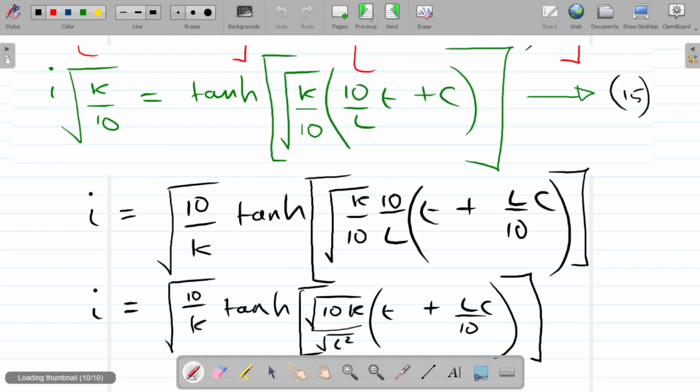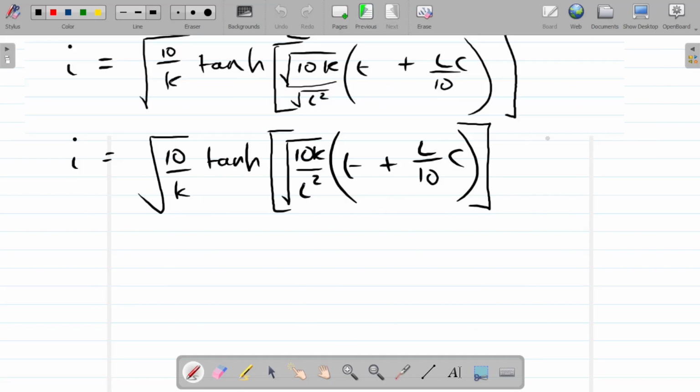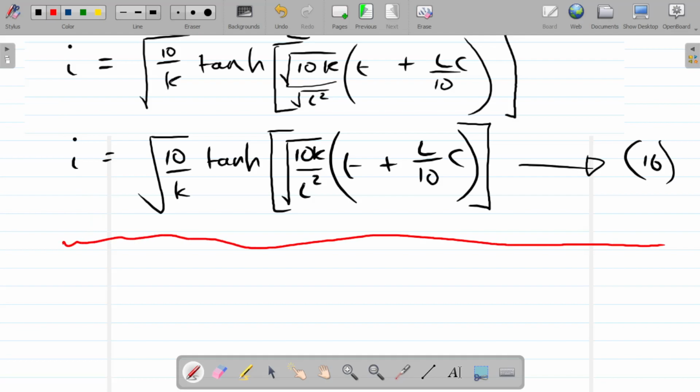And I think that becomes equation 16. And that is the solution to the original equation, which was,